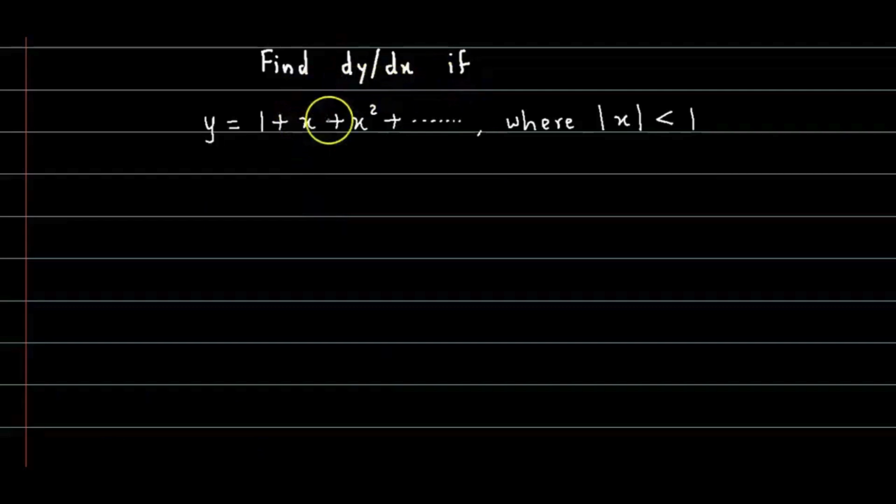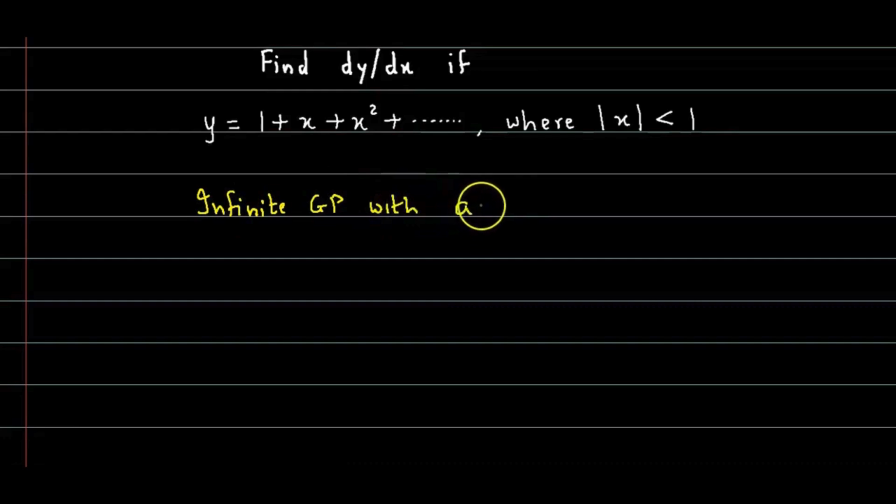Find dy by dx if y is equal to 1 plus x plus x square and so on, where mod of x is less than 1. Now if we observe this, it is a geometric progression. Basically it is an infinite geometric progression whose first term is 1. So this is an infinite GP. It is an infinite GP